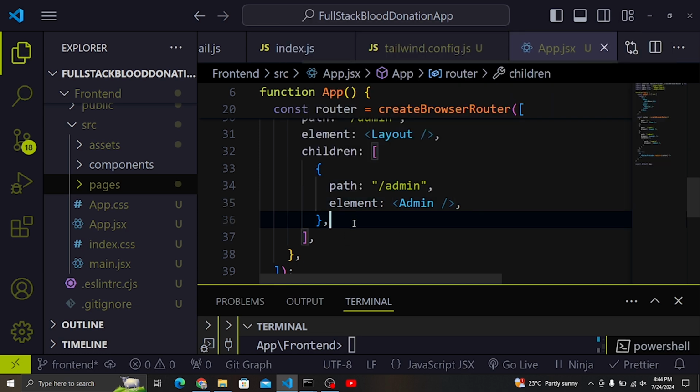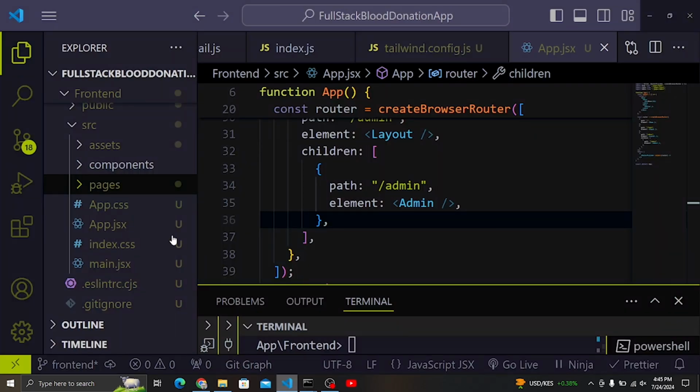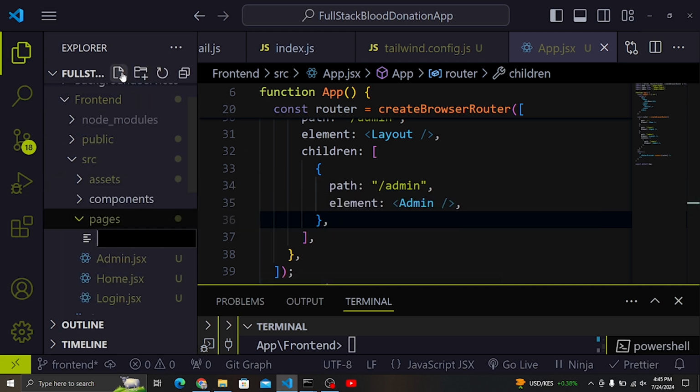So if I save that and then go back to my application, you'll be able to see that when you go to the admin, we have a menu and we have the admin here. So we have created the layout for the admin, but because we have no other pages inside the admin part, you won't be able to understand. Let me create other pages that you are going to require for the admin so that you can understand. For example, here we are going to have donors page, like that,